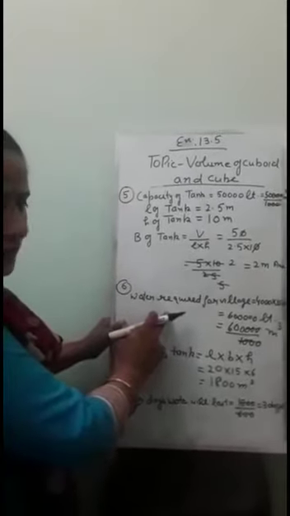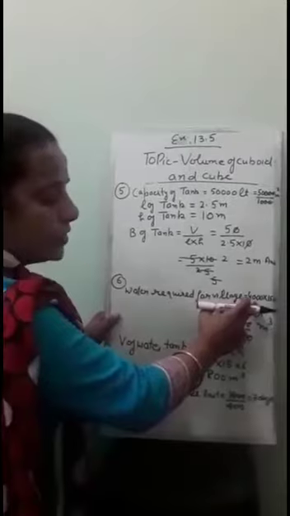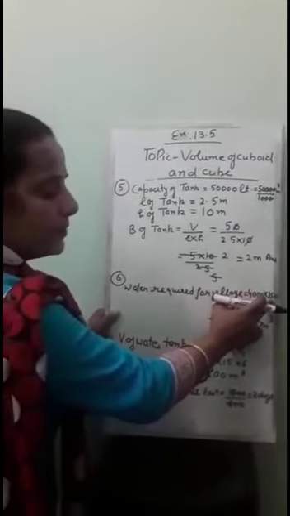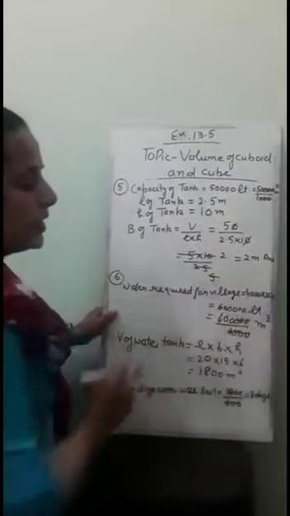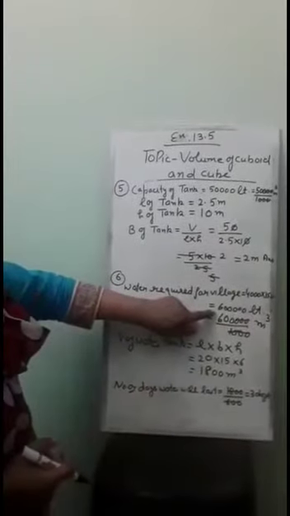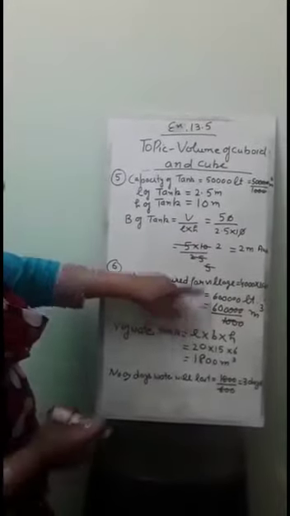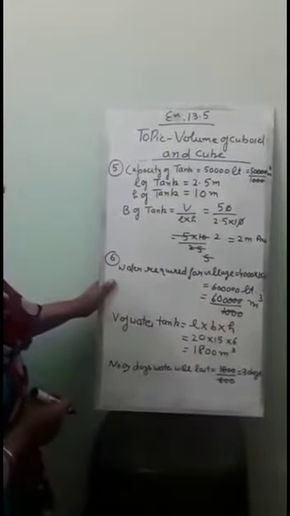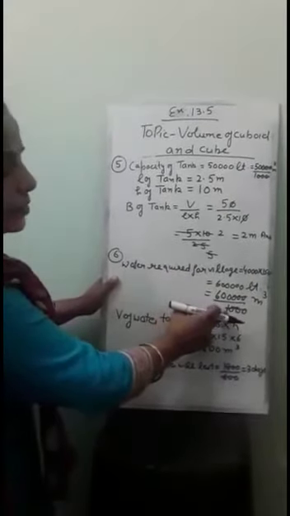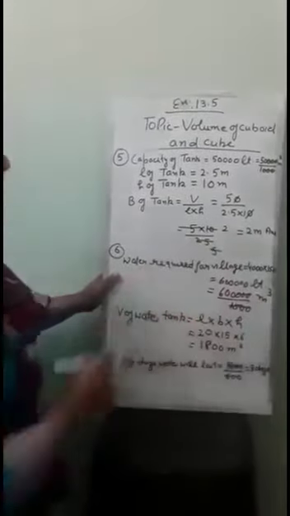Water required for the village. There are 4,000 people in the village and the water requirement is 150 liters. When you multiply 4,000 with 150, you will get 6 and 5 zeros again. 6 के बाद लगे 5 zeros. क्या आ गया? 6 lakh liters. Clear? Divide this with 1000. 3 zeros will be cut down. It will be 600 meter cube.